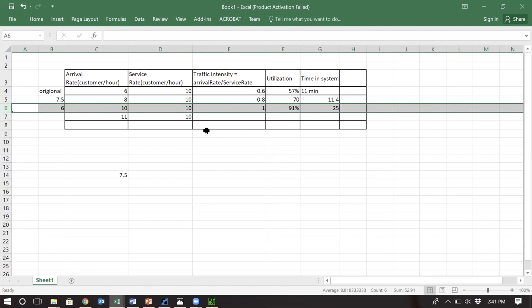So just keep that in mind, that in any system that you want to analyze in the real world, in your homework, in your project, exam, anything, make sure to check that. We do want the arrival rate to be less than service rate. We do want the traffic intensity, which is arrival rate divided by service rate, to be always less than 1,